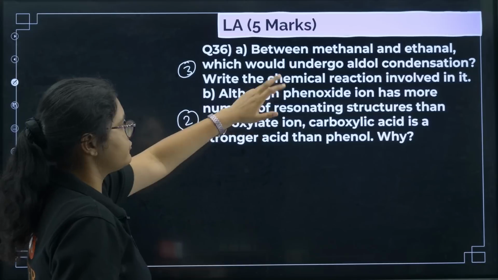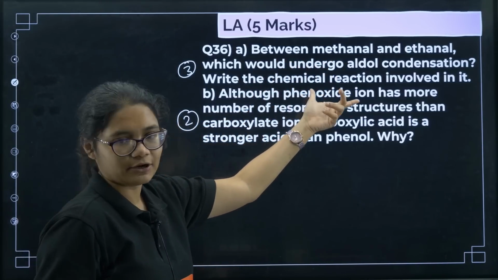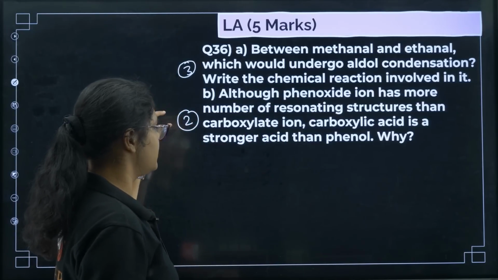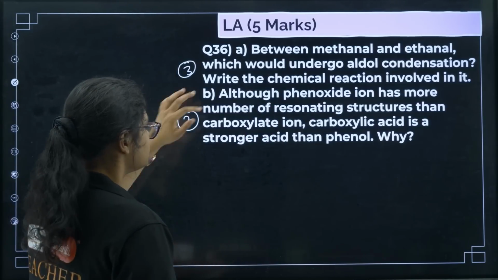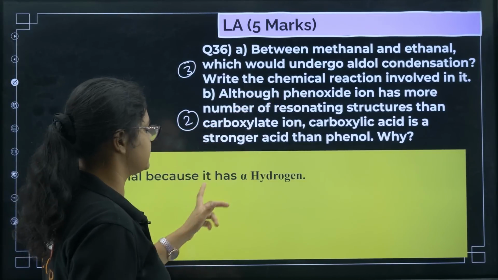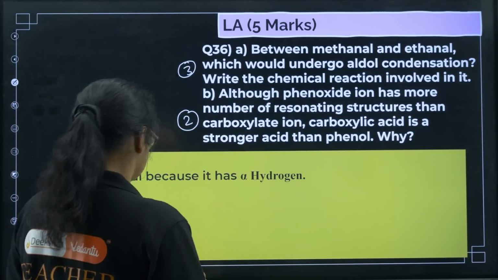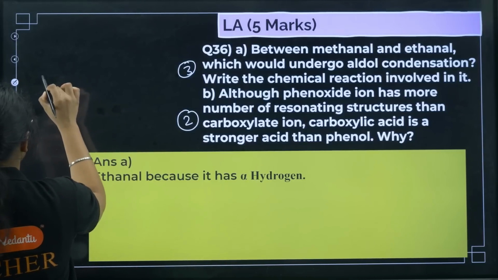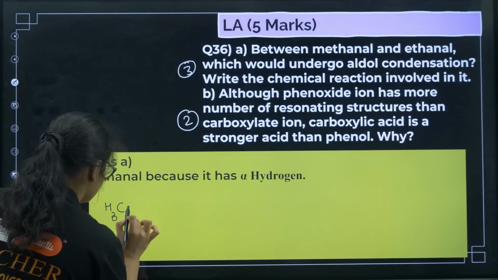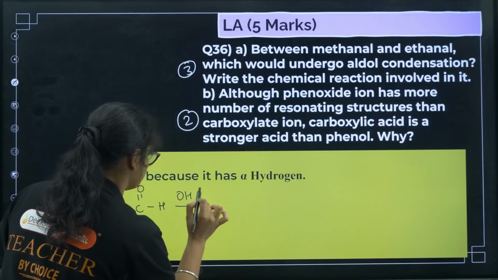3 marks how? You have to first mention that between methanol and ethanol which one will undergo aldol condensation, and then if you write the product correctly you will get 3 marks here, and here you have to mention the reason. So basically, here ethanol will have aldol condensation because it has alpha hydrogen. Now to write the product, I can tell you how the reaction happens. So I have ethanol, in presence of OH minus,